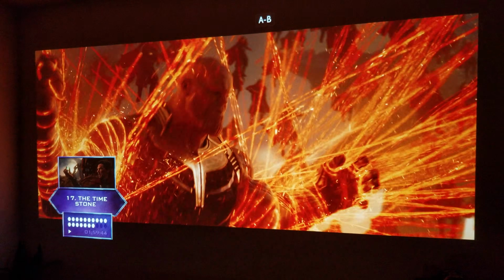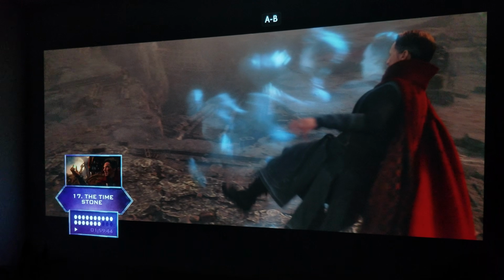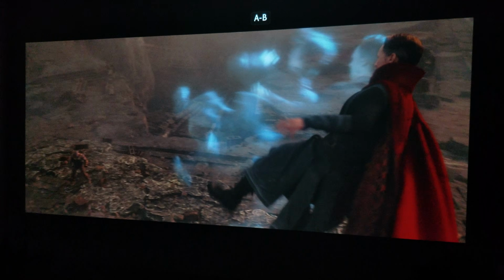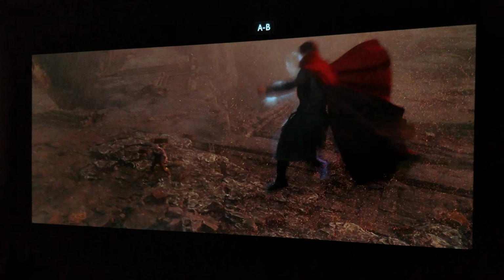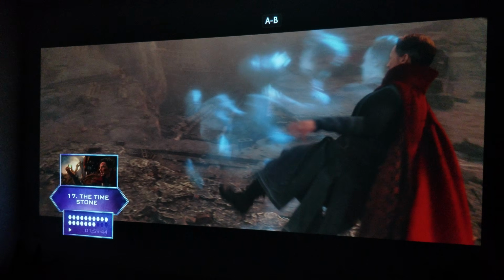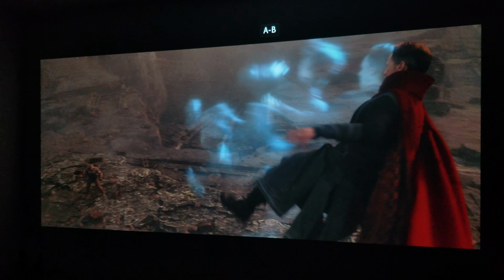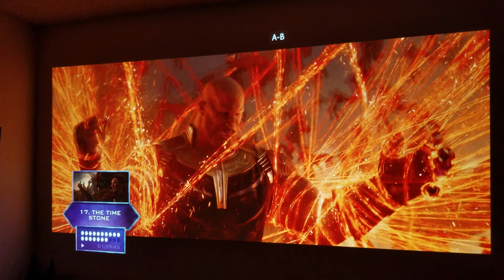There is no question about that, guys. If you truly want to experience, here's what I want to say, because a lot of people have been bugging me about this. They've been asking me about a projector versus TV. A TV is a TV. A projector is made for movies. If you truly are a movie lover, a hardcore movie buff, you're going to buy a projector, a really good projector. You're going to buy a really good home theater receiver to enjoy this type of accuracy of color and sharpness. And the BenQ HT-2550 for $1,500,